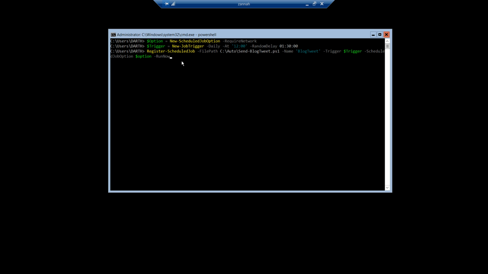So, we're registering a job, pointing it at that file we just chucked locally on the C drive, giving the job a name so I can identify it later and not be thoroughly confused by it, and then passing in the trigger and the option we just created, and also telling it to run now. So in theory, when I click go,